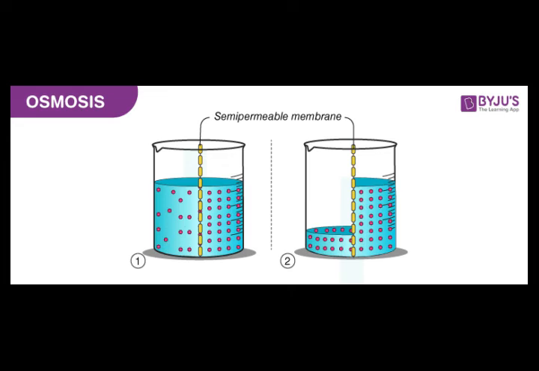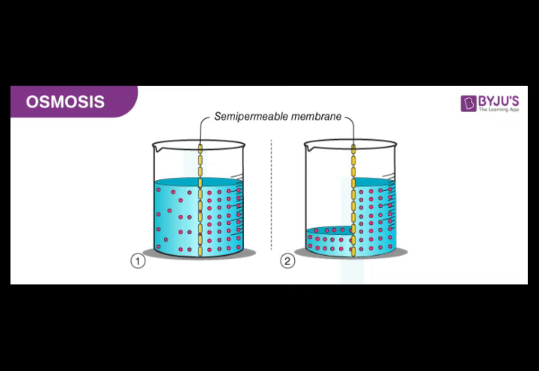Now take an example. Say solution B is less concentrated, that means it is dilute, and solution A is more concentrated. It means solution B has a lower concentration of solute molecules when compared to solution A. Isn't it? Can we say like that? Otherwise, we can say solution B has a higher concentration of solvent molecules when compared to solution A. Do you get the difference? Same thing but spoken in a different way. So let us understand the process of osmosis by an experiment. It is not there in your book, so please listen carefully.